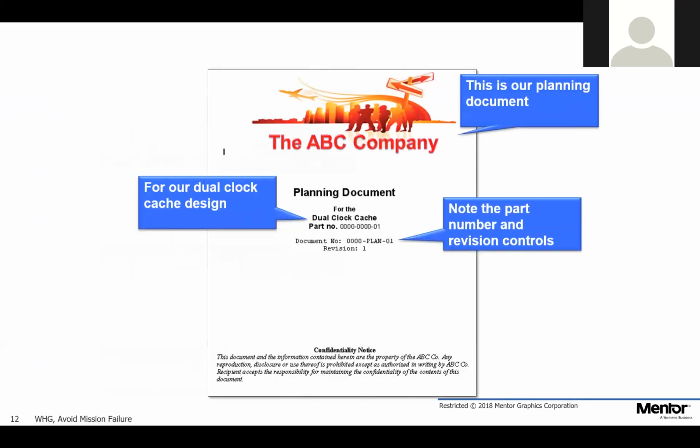I'm going to go through some of these slides. I've got a whole bunch of slides on the planning documents. I'm probably going to go through these fairly quickly because you will get a PDF version of this document and you'll get a link to it. So I'm not going to spend all the time, but that planning document is going to be,